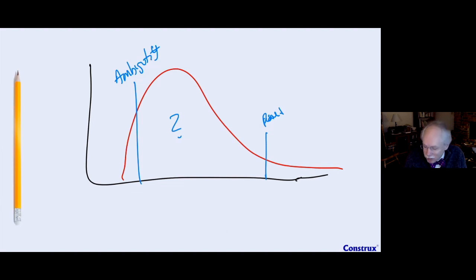And since they're optimistic, when they pick one from the zone, they tend to pick it closer to that, which means it's closer to the ambiguity, which means it's probably not 50-50, it's probably 35-65 or something like that. And so we need to do some math to get closer to the 50-50.